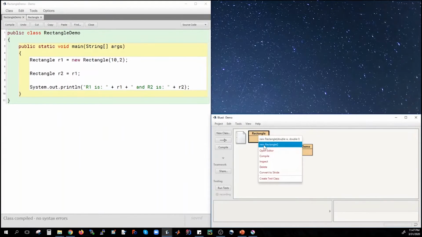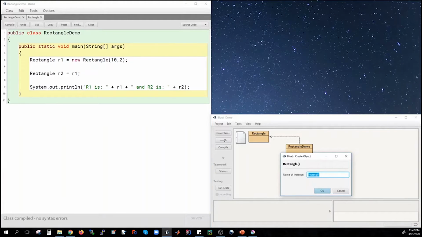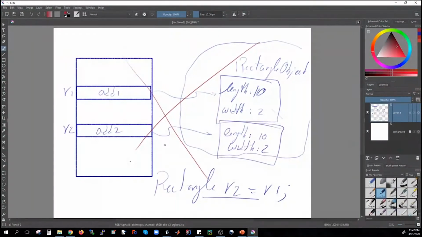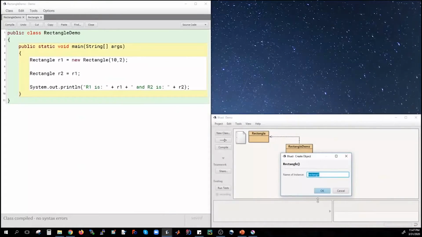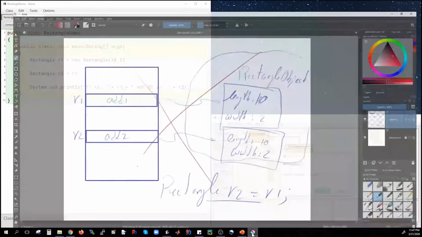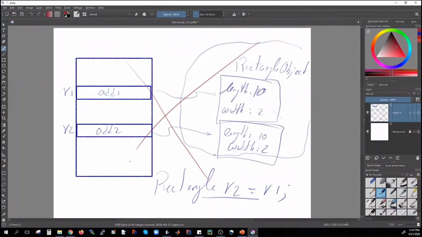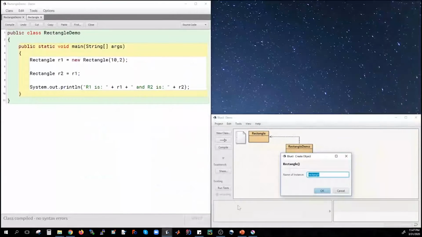Now, if I run this, and if what I explained here was really what happened in the memory, I would expect to have two different memories, one for each. Because they are two different objects, this is what I wanted to do. They should have different addresses, address 1, address 2. Now, if I run